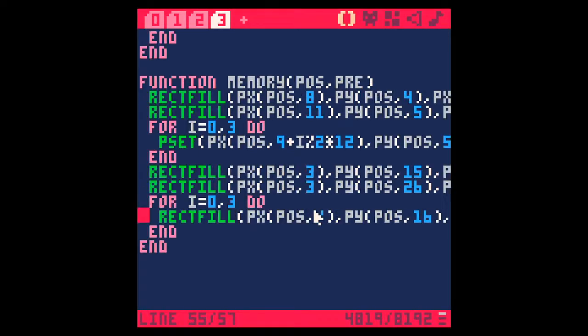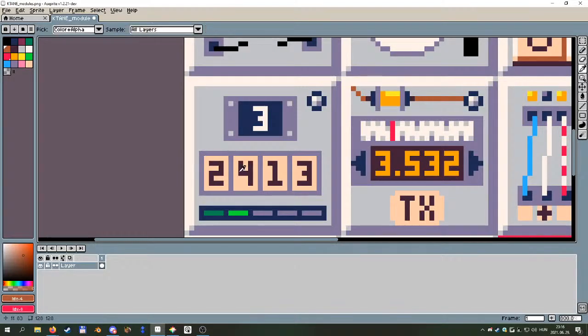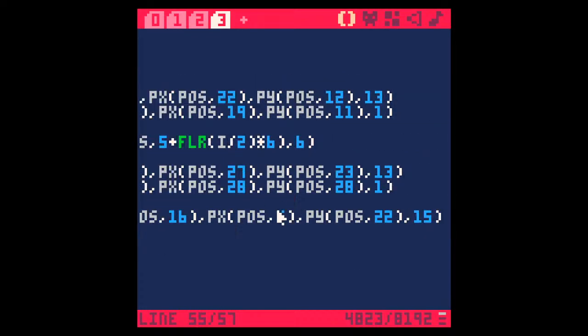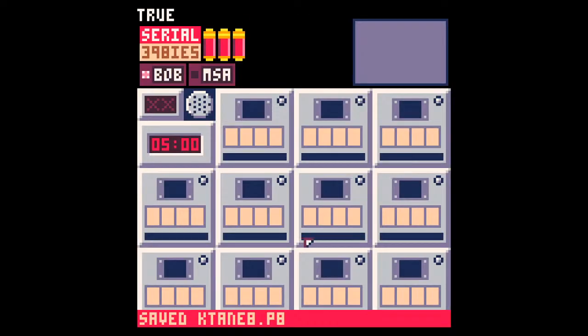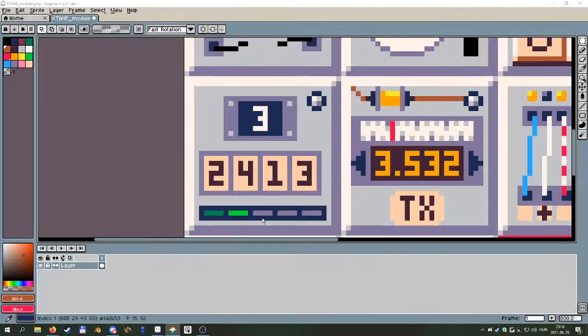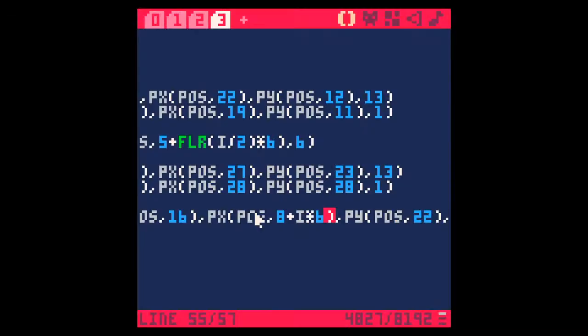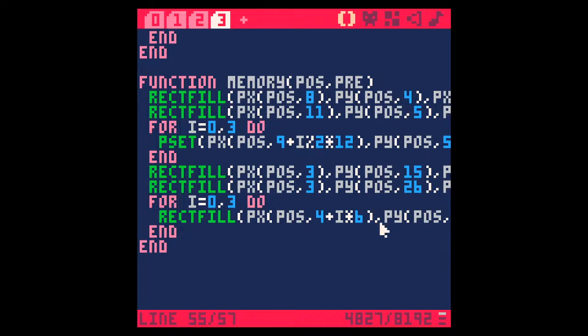Yep, there we go, that's the button, and then all I have to do is this plus I times 6, I think? No. Yeah, 6, there we go. To the 2 horizontal ones. And there we go, there's the 4 buttons. Yep. Then based on the presses, I will